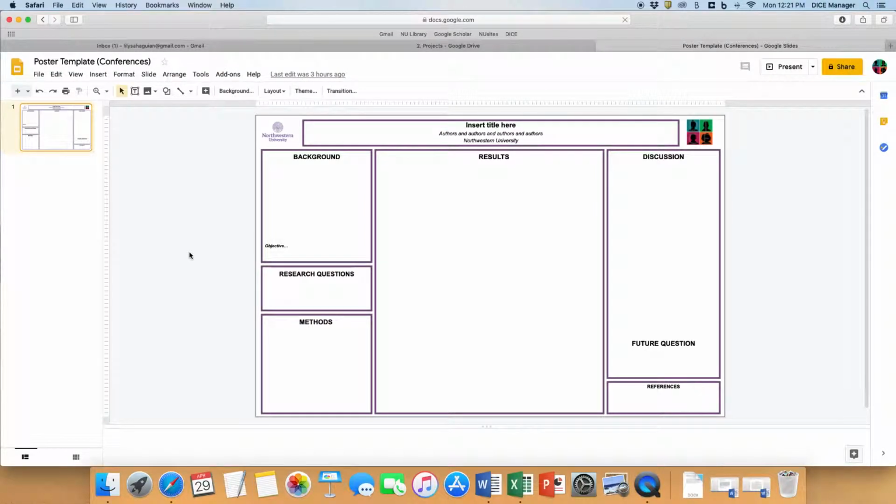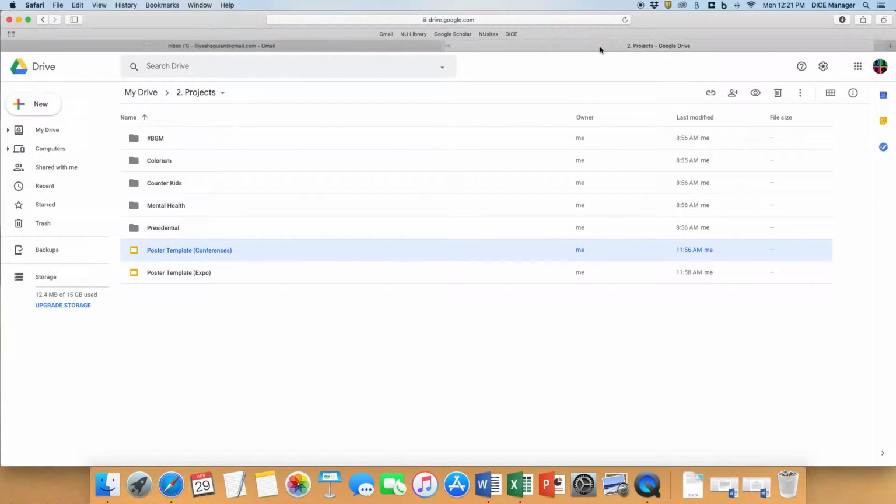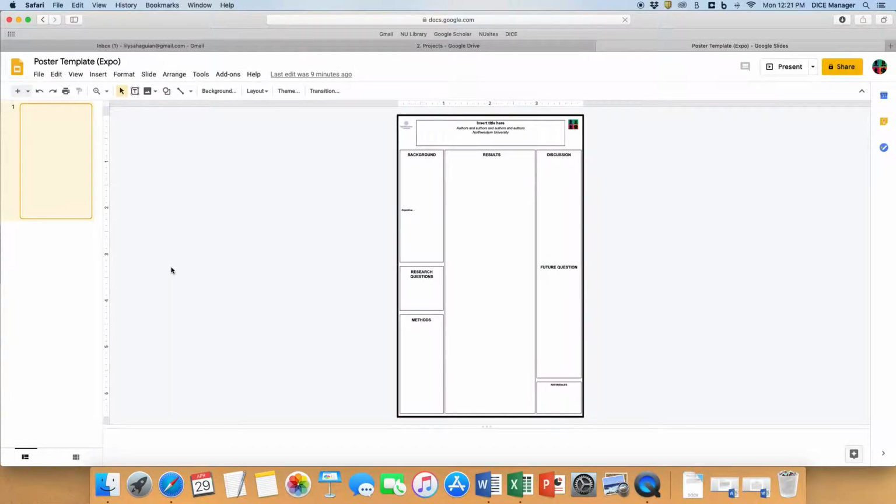The poster template for conferences has the template for the general layout that we're used to, because all the posters we've submitted in this lab have gone to external conferences. And so I'll close this up and open up the poster template for the Expo. And you'll notice that this one is significantly different, specifically the width and the length. And these are based on the width and the length for the Undergraduate Research Expo